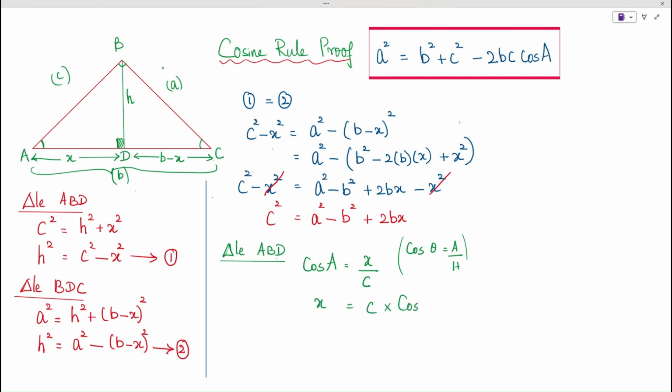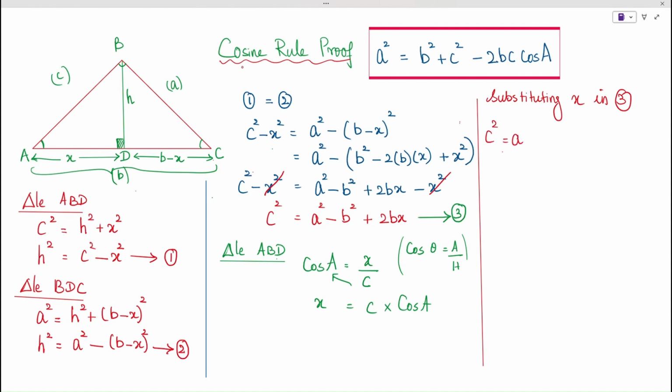times cos A. And so if we label the equation c squared equals a squared minus b squared plus 2bx as equation 3, we can substitute our value for x. So we've calculated x as c times cos A. And if we substitute that value into equation 3, we get c squared is equal to a squared minus b squared plus 2bc